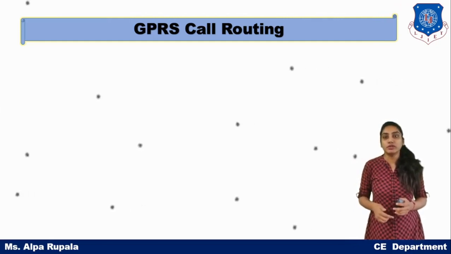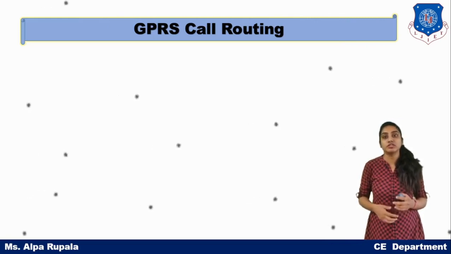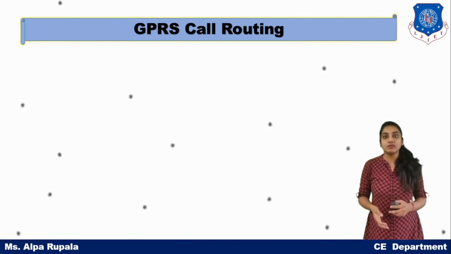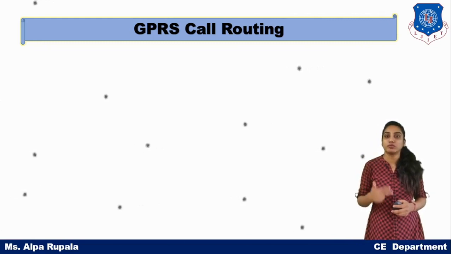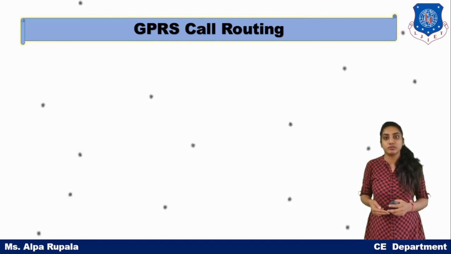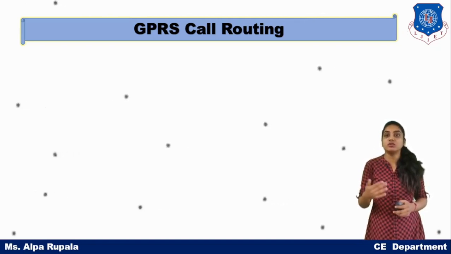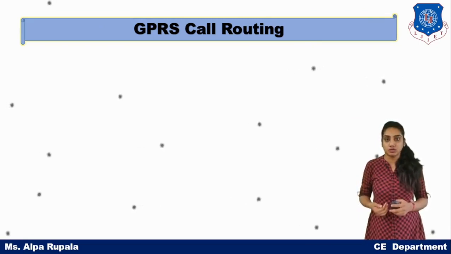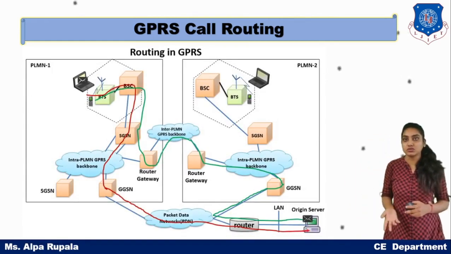Mobile terminated call means you are having the incoming call. Mobile originated call means you are calling someone, that is your outgoing call. Same as in GPRS, you have two types. You can request some server pages and you get the response from them. So the requesting will be the originated call and getting the web pages is your terminated call. So this process is ultimately divided into two parts only.